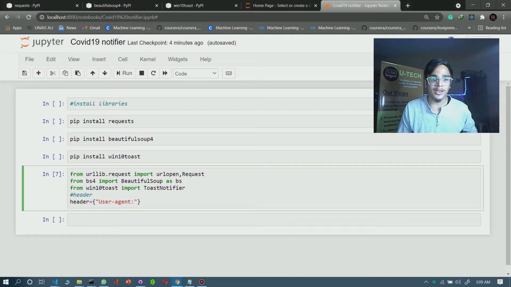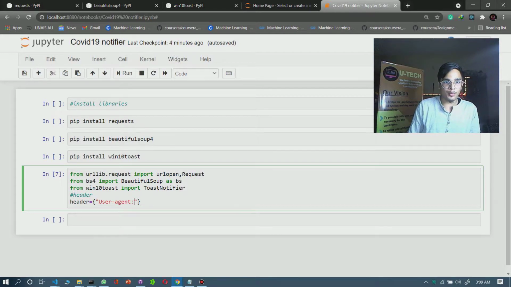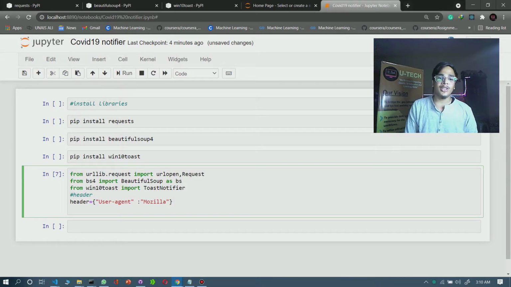So let me remove it and let's go. For pairing we are using Mozilla. There is a mistake here: this should be in separate quotation marks. So the header is user-agent is Mozilla. We will use Mozilla for the pairing of our connection.